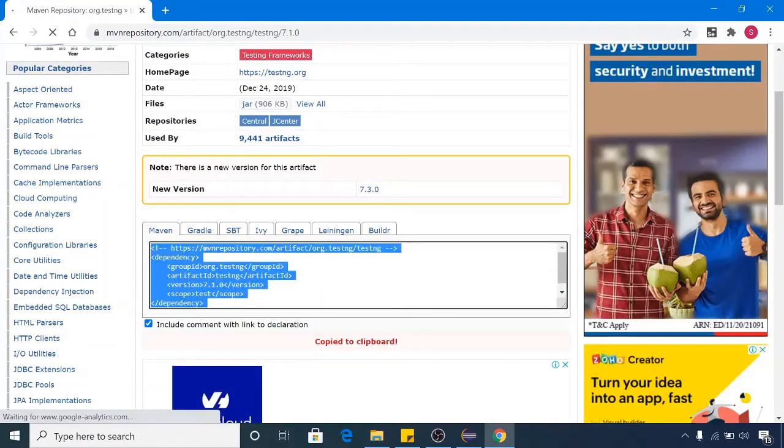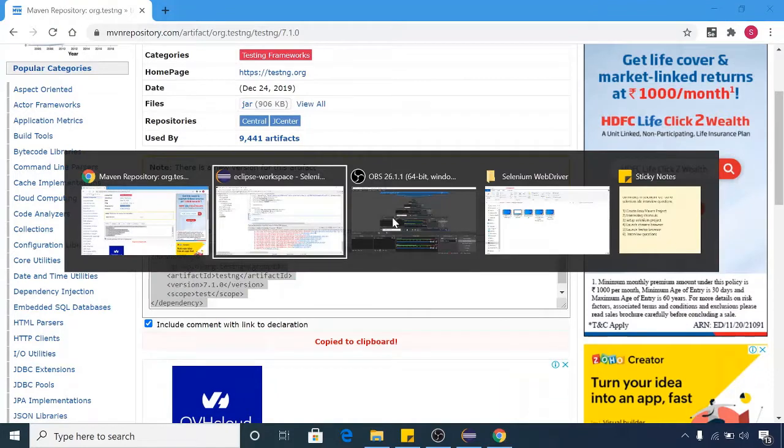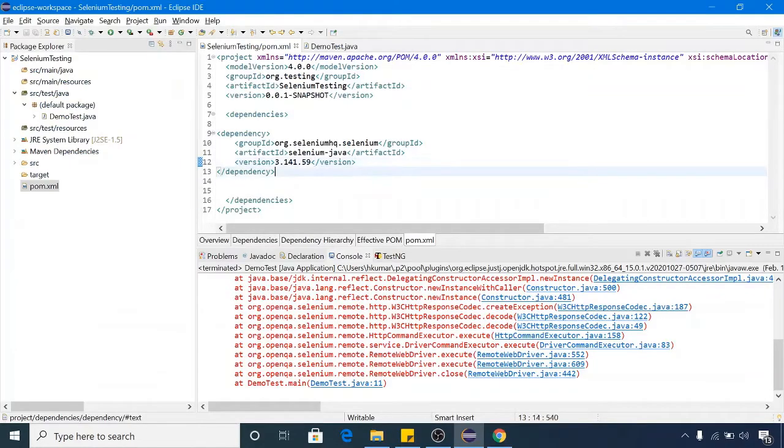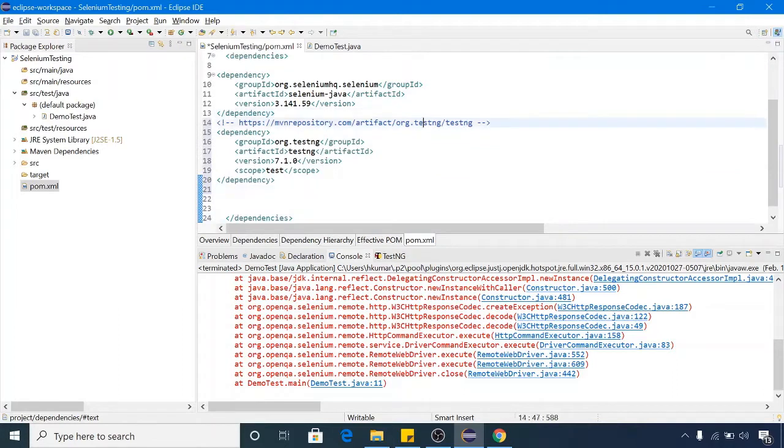So this is the dependency for Java. Copy this dependency and switch to the pom.xml file. Add the dependency here. Let me remove this comment line. In an XML file everything should be formatted and there should be no extra lines in this pom.xml.